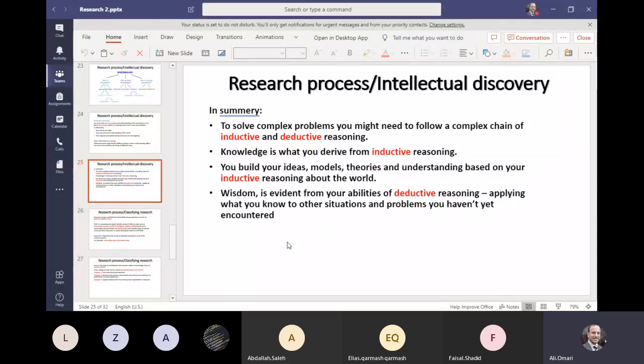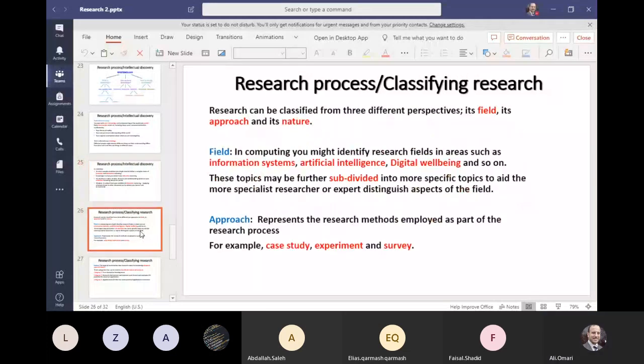You use your inductive reasoning to formulate theories and ideas from your knowledge about oranges. And then, because there's some similarity between orange and apple, you use your deductive reasoning to come up with knowledge based on what you know already. That's enough about the research process with respect to intellectual